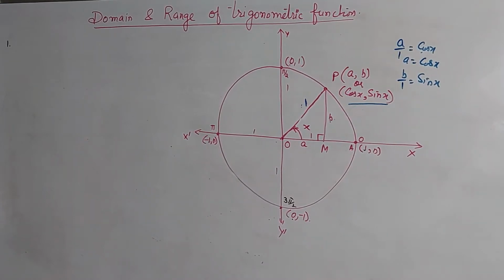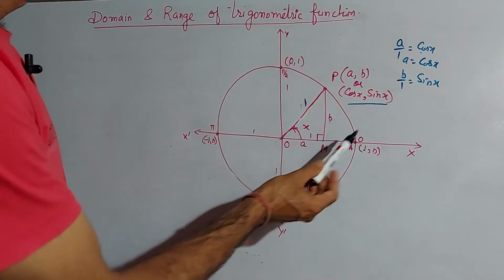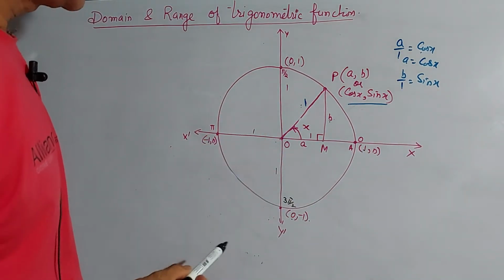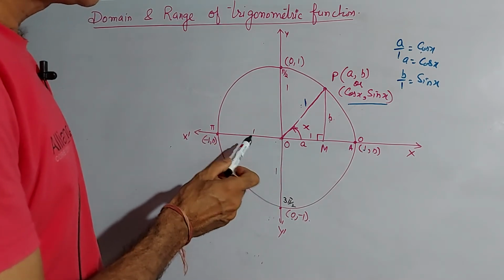Here is the next new concept: the domain and range of the trigonometric functions. There are 6 trigonometric functions. We will start from the sine function. See here, we will see in the unit circle whose radius is 1 and